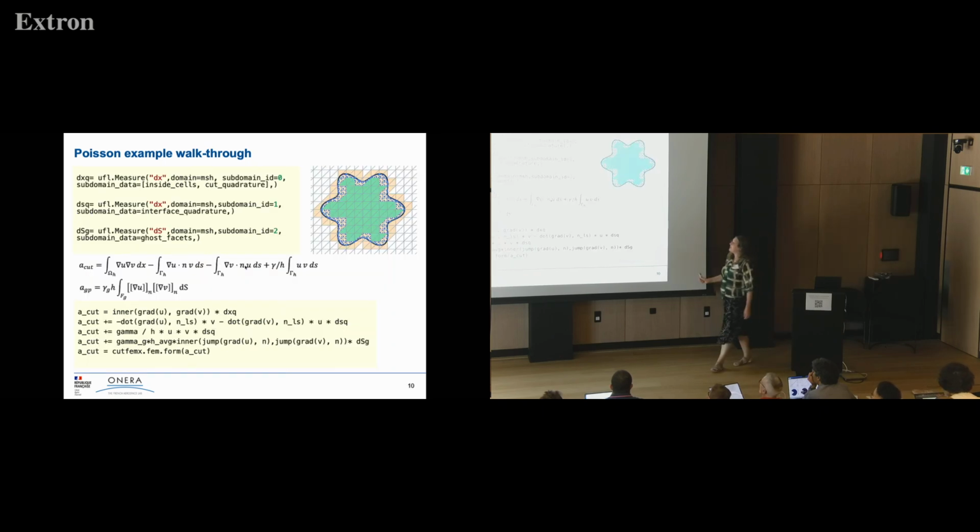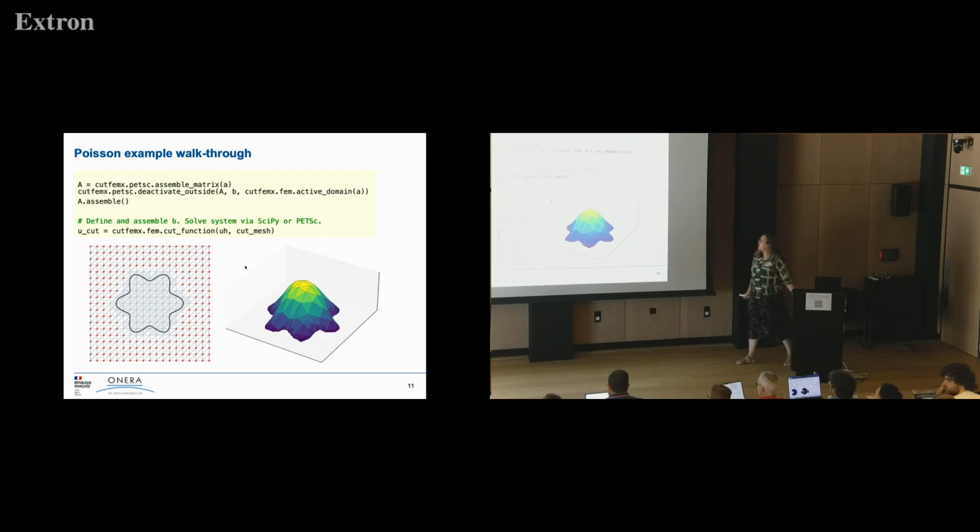And what I then do is that I pass these through subdomain data to the UFL measures there. So you see this definition of UFL measure. So that's the standard measures dx/ds, but with a special subdomain data where I pass the quadrature rules into. And then I can write my weak formulation in UFL, very close to the mathematical formulation in a quite natural way. Okay. Then invoking the form, the special assembly for the moment, and then one more functionality where I have